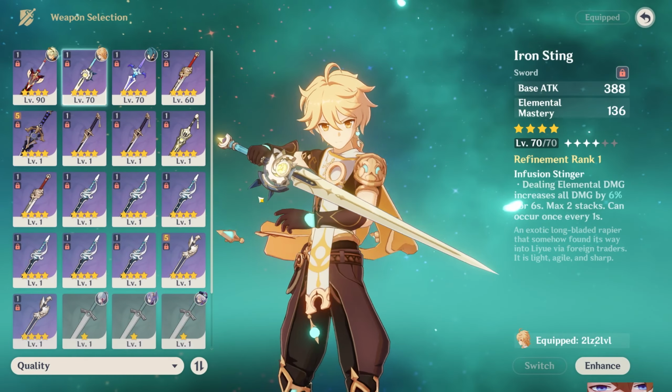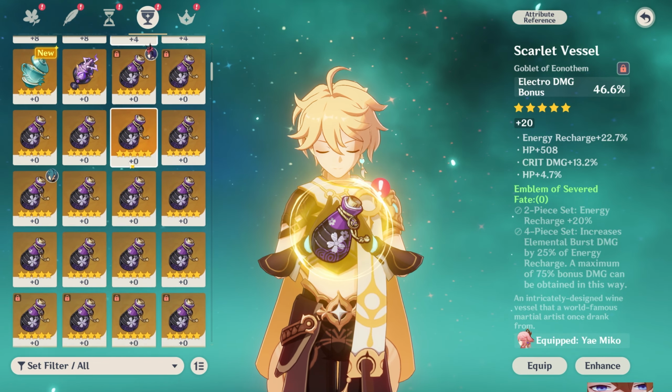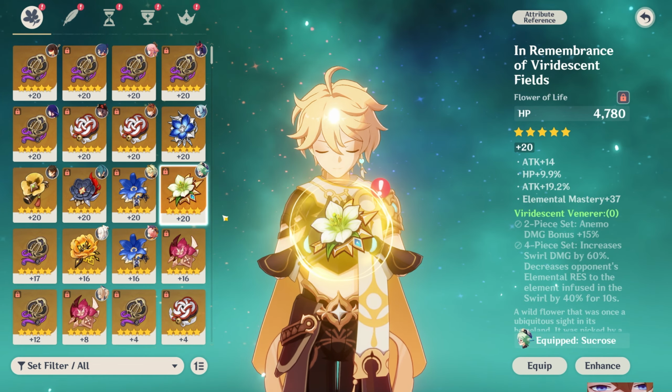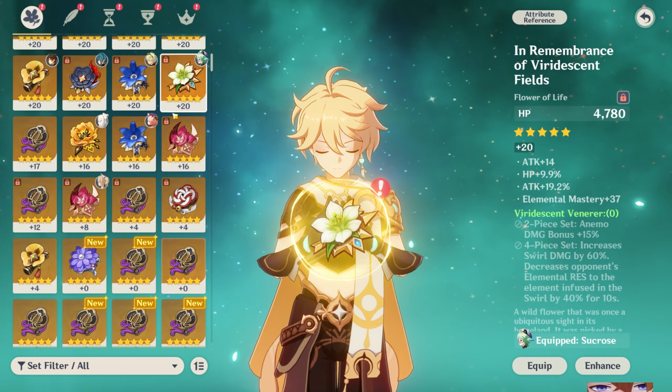Alright, let's keep it on 70 for now to test it out and see how it works. But the stats are already nice. Now for the artifact set, as you can see, I am farming a lot of Emblem of Severed Fate. But what we're gonna do is I'm going to grab my poor Sucrose. Sucrose is such a good unit, but